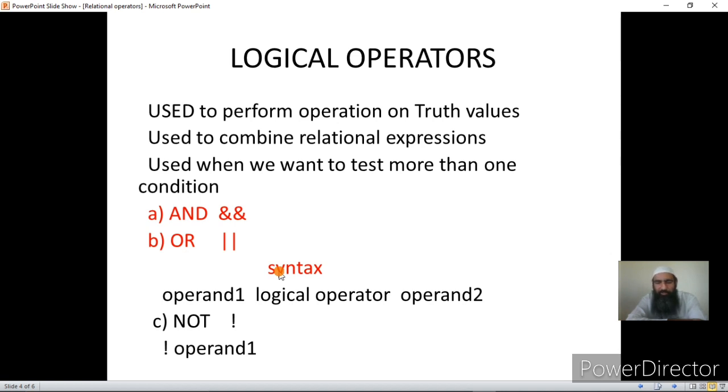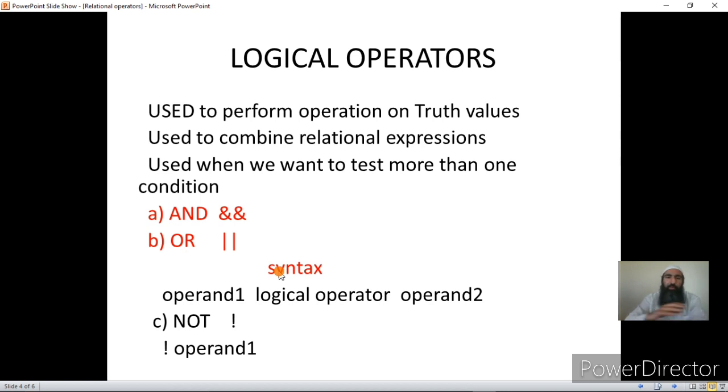Unary operators act upon 1 operand, binary operators act upon 2 operands, and ternary operators act upon 3 operands.